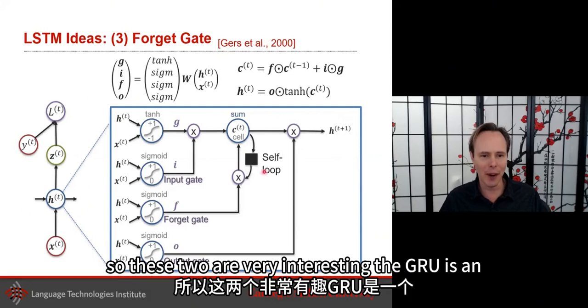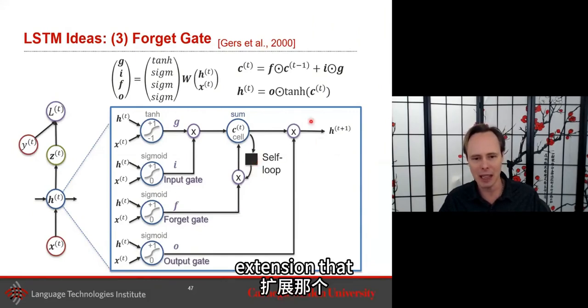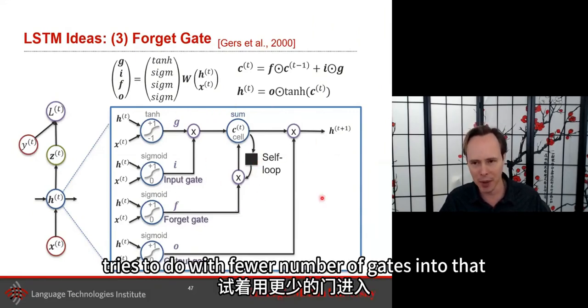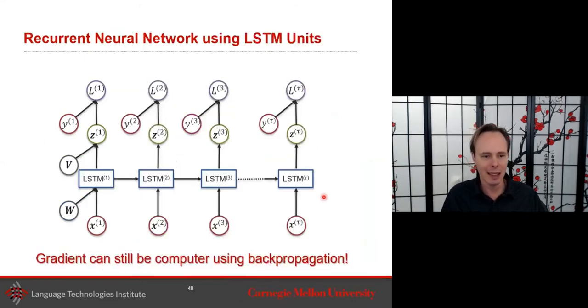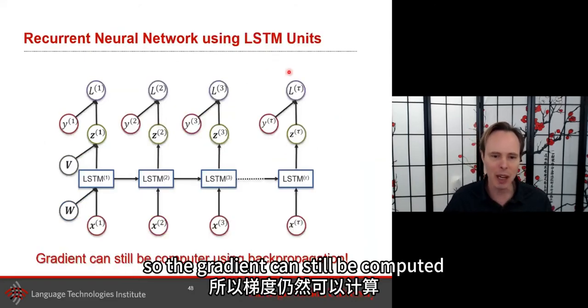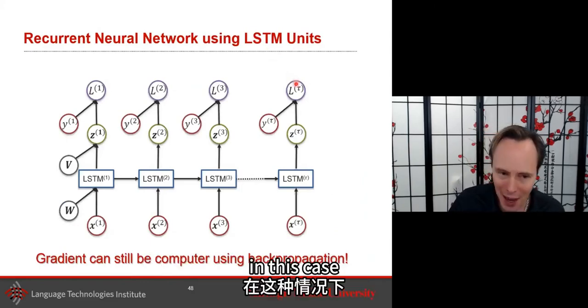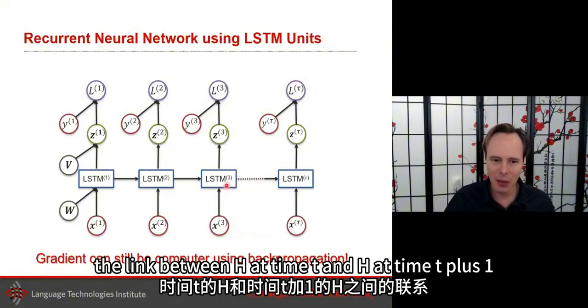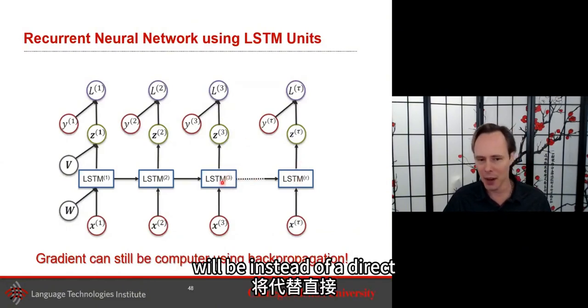So these two are very interesting. The GRU is an extension that tries to do with fewer number of gates. So the gradient can still be computed. In this case, the link between h at time t and h at time t plus 1 will be, instead of a direct